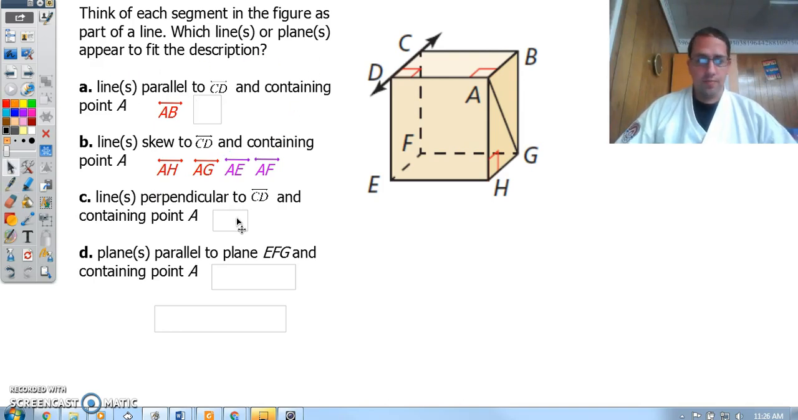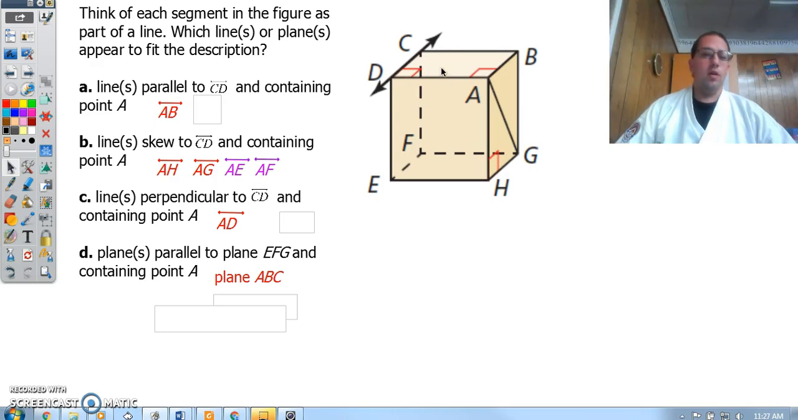But they do exist. All right, we need a line perpendicular to CD containing point A, and that would be line AD right here. BC and DE are also perpendicular, but they do not contain the point A. And last, planes parallel to EFG containing point A. EFG is the one on the bottom, and parallel to that would be the plane on the top, plane ABC, or if you called it